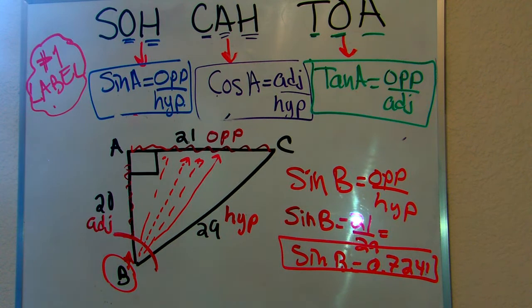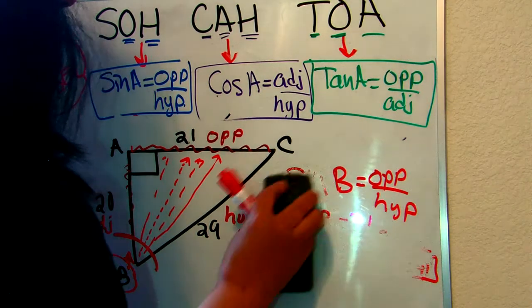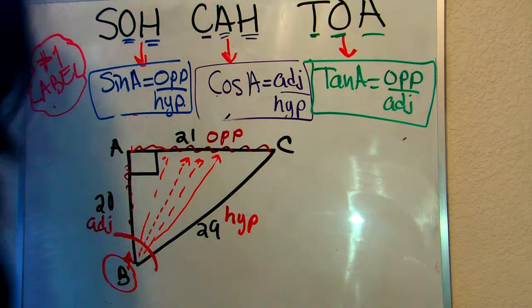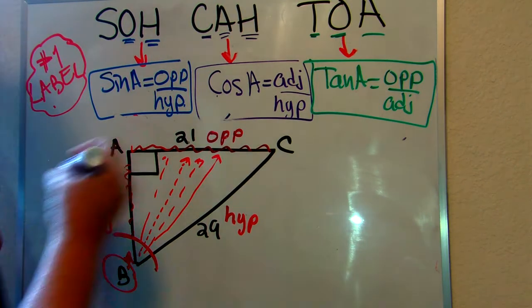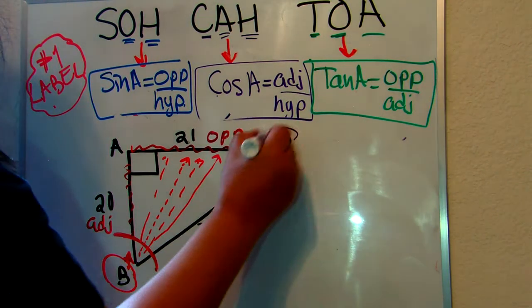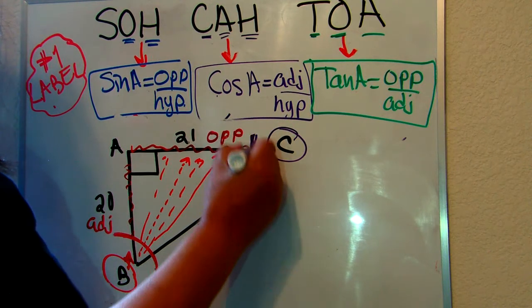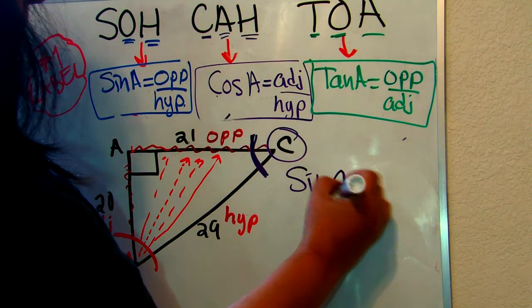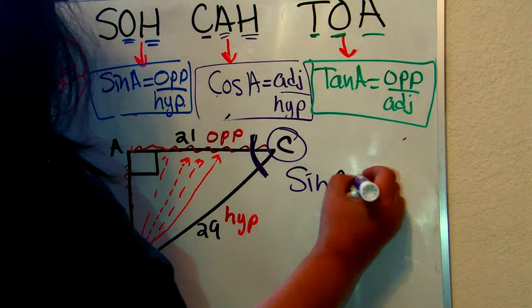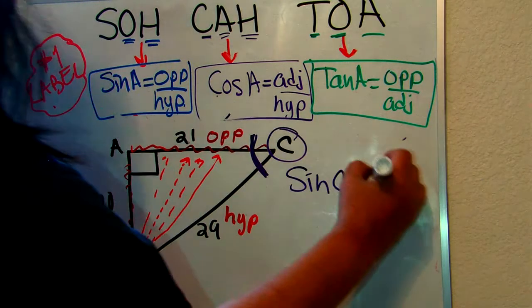Sine of angle C. So I'm just going to erase this. And now we're going to move on to the other angle. I'm going to use purple. Yes, angle C. So now we're using this as the reference. So the sine of angle C is what? Opposite